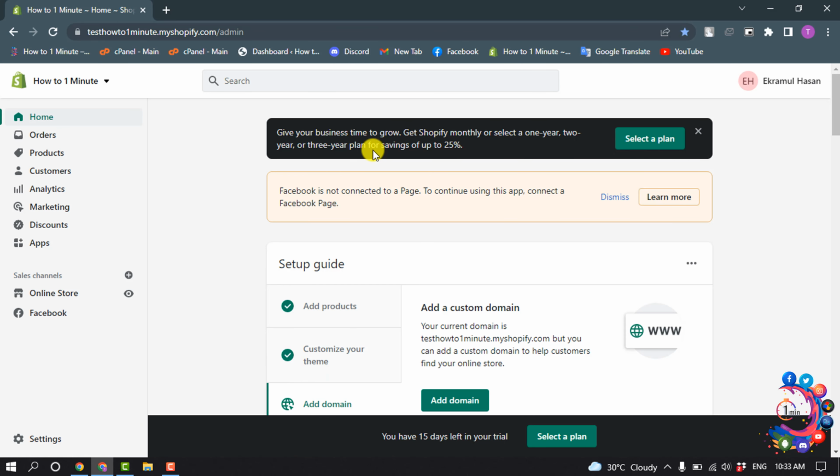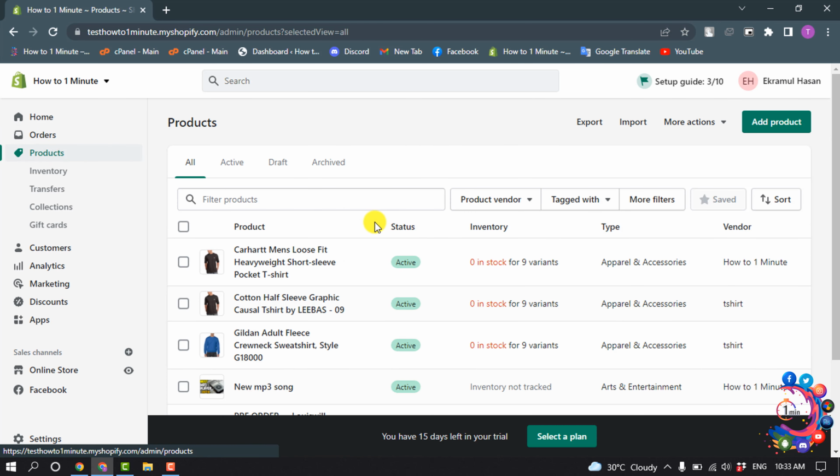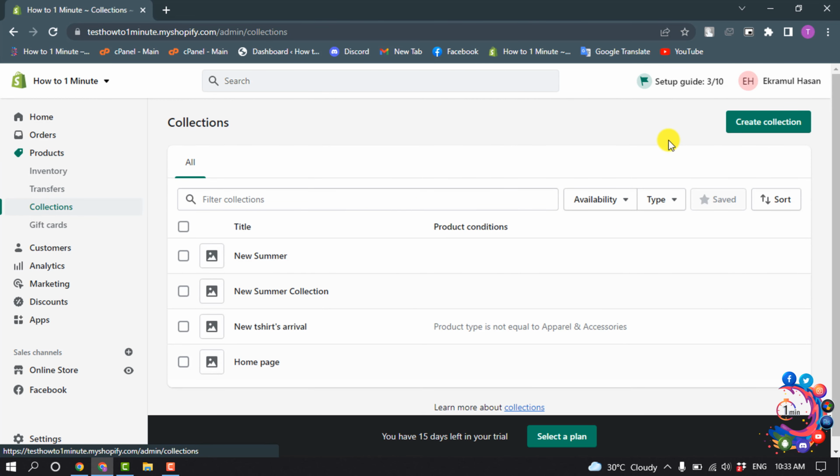In order to create a collection, first of all open your Shopify admin panel and click on products and click on collections. And here we can see the list of collections I created on my store. And to create a new collection, click on create collection